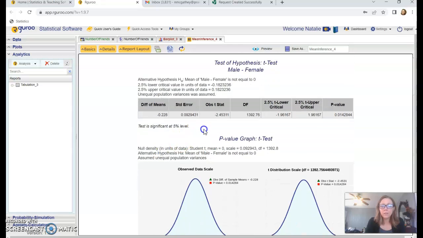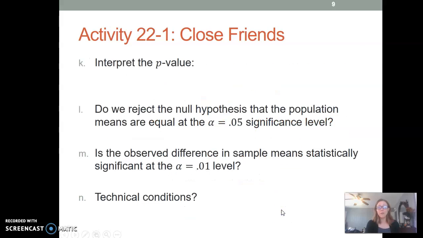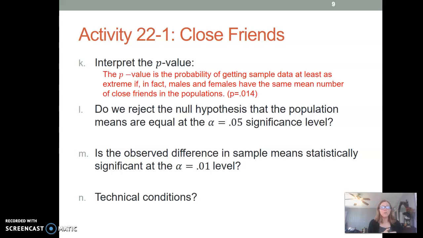Okay, so notice here under observed t-stat, that's our t-value. And off here to the right, I get a p-value of 0.014284, so about 0.014, which is consistent with what we got when we did it by hand, right? So that's our p-value, 0.014. What does that tell us? What conclusions can we make? I would pause the video and try to answer questions K through N in your book, and then compare with the answers. So first, what does that p-value mean? That p-value is the